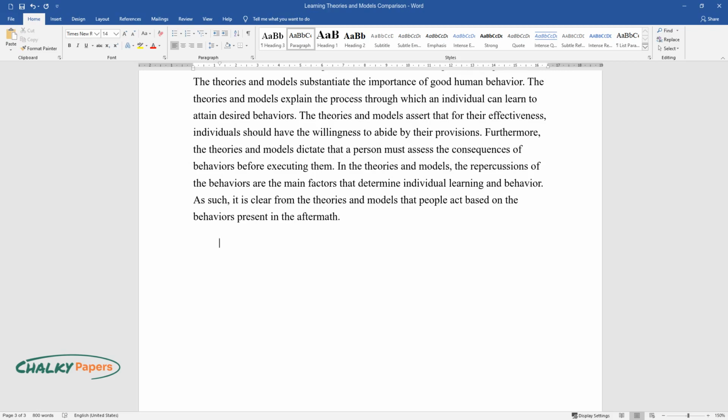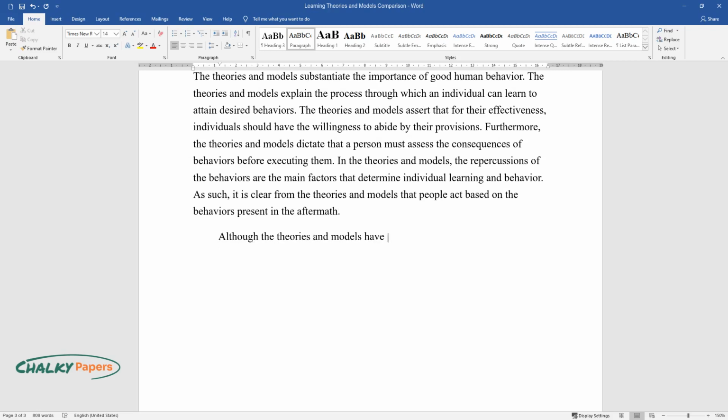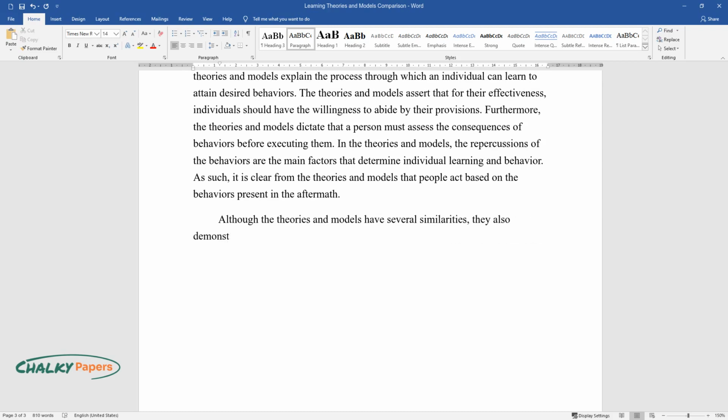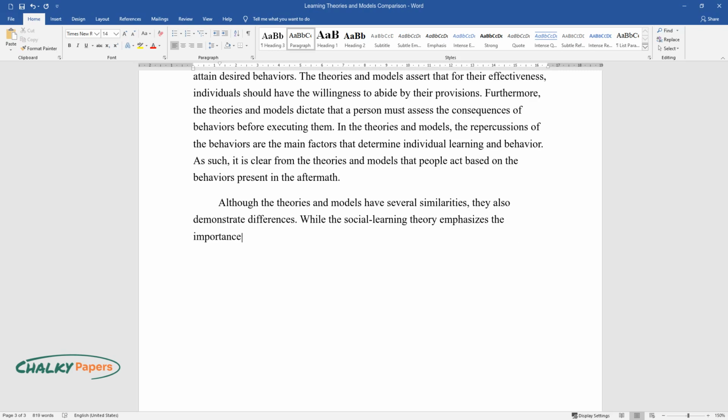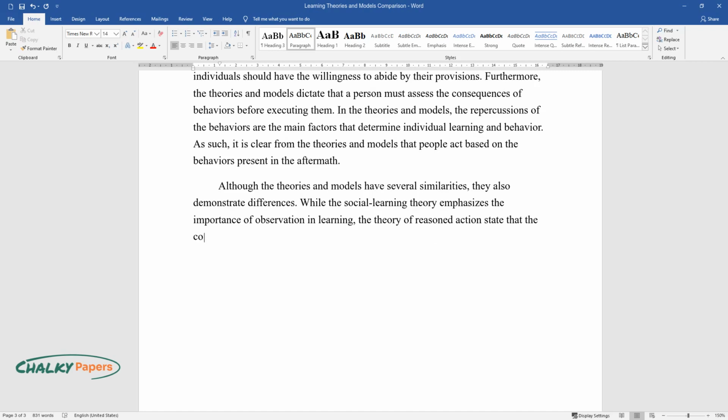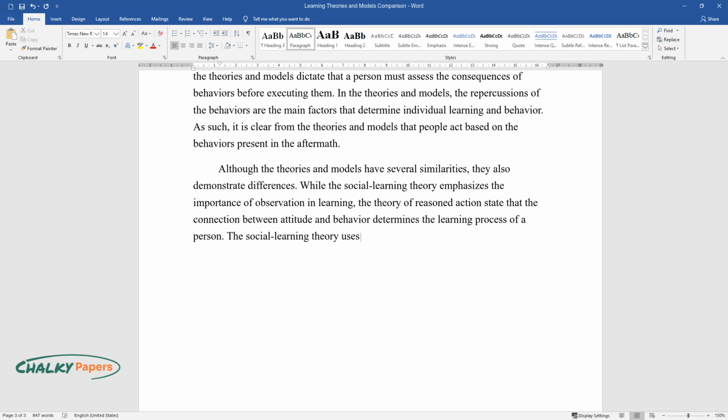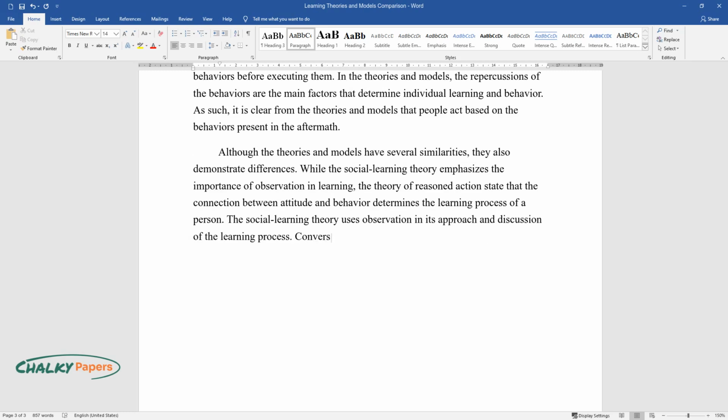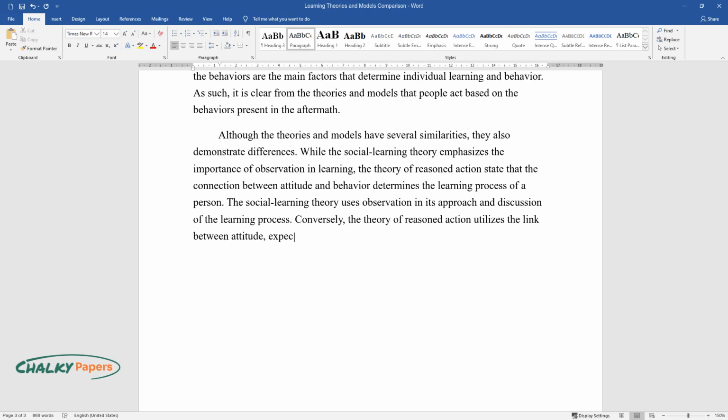aftermath. Although the theories and models have several similarities, they also demonstrate differences. While the social learning theory emphasizes the importance of observation in learning, the theory of reason-action state that the connection between attitude and behavior determines the learning process of a person. The social learning theory uses observation in its approach and discussion of the learning process. Conversely, the theory of reason-action utilizes the link between attitude, expectations, and behavior in elaborating its essence in the learning